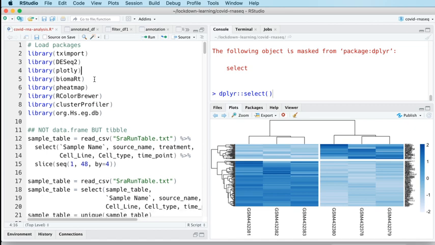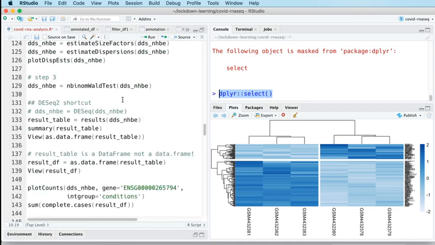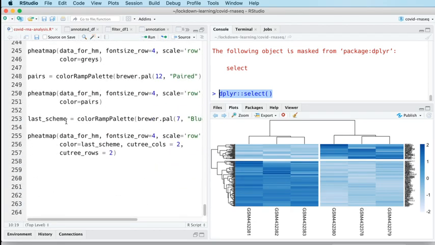But obviously when you're developing a script like this, you're not running the whole script all at once, but you're developing it iteratively, then it can be quite difficult to remember to make sure that your package loads all happen in the right order. So sometimes it can be good to get into the habit of calling functions explicitly like this, especially when they have common names like select and filter and various other things. Anyway, that's a little sidetrack. I didn't want to get into it too much, but